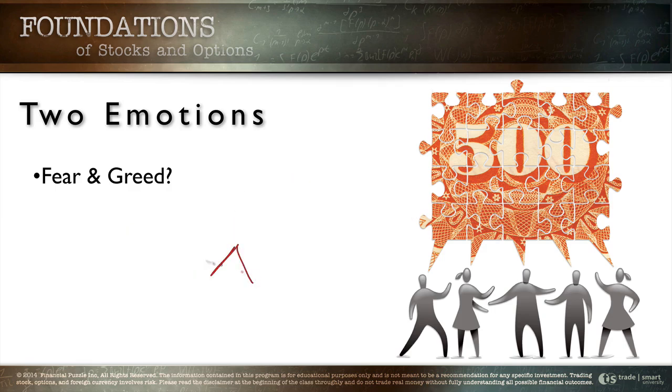So what happens is we've got a little bit of a pendulum here. Let's just do a little balance beam over here. On one side, we've got the fear of loss of capital. We'll just call this fear of loss. And for the most part, the fear of loss at any given time is kind of like darkness. All you have to do is turn the light switch off, and there it is. It's right there again, right? So all you have to do is put a little bit of fear out there, and people are freaking out again. So you've got the fear of loss of capital that drives most people.